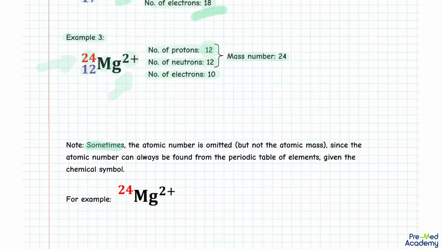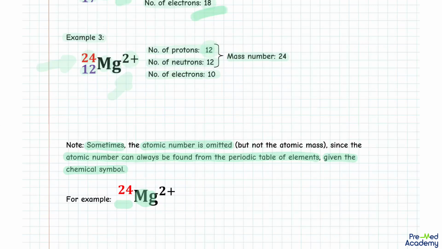And lastly, a very important note. From time to time, you will see that the atomic number is not written at all on the bottom left, which is actually not so strange, because the atomic number is in fact unnecessary information. Why is that? Because you will always have a copy of the periodic table with you, and if you are given the chemical symbol of the element, that is, given the letter or 2 letters in English that represent it, then you can always go to the periodic table, look for the element, and see what its atomic number is. Therefore, it is not mandatory to write down the atomic number on the bottom left,